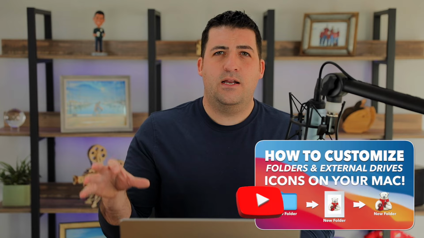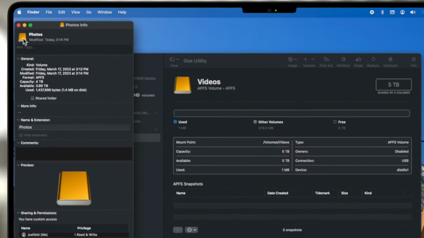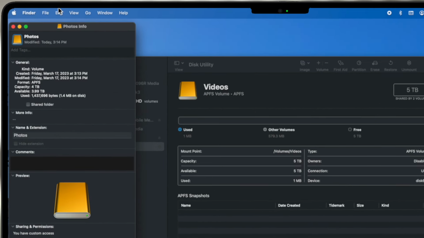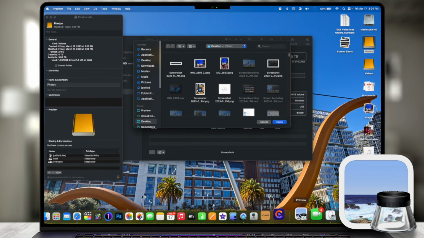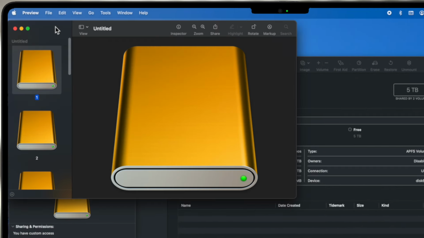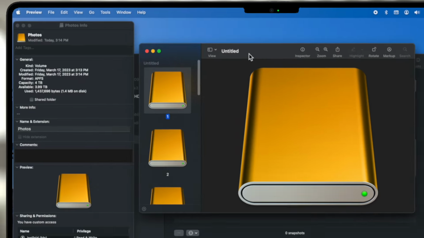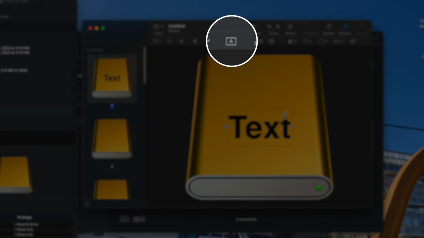One other helpful hint, what I actually like to do with external hard drives is customize the image of it, and I actually have a whole other video dedicated to this, which I'll link down below. So here's what I like to do. I like to get the info on the icon. I'll select it in the top left. I can choose edit, go to copy, and then I'm going to open up Preview on the computer. After I open up Preview, I'll go to file, choose new from clipboard after I've copied it, and I'm left with this image. Then what I do is I go to the markup tool, I will add a text box,